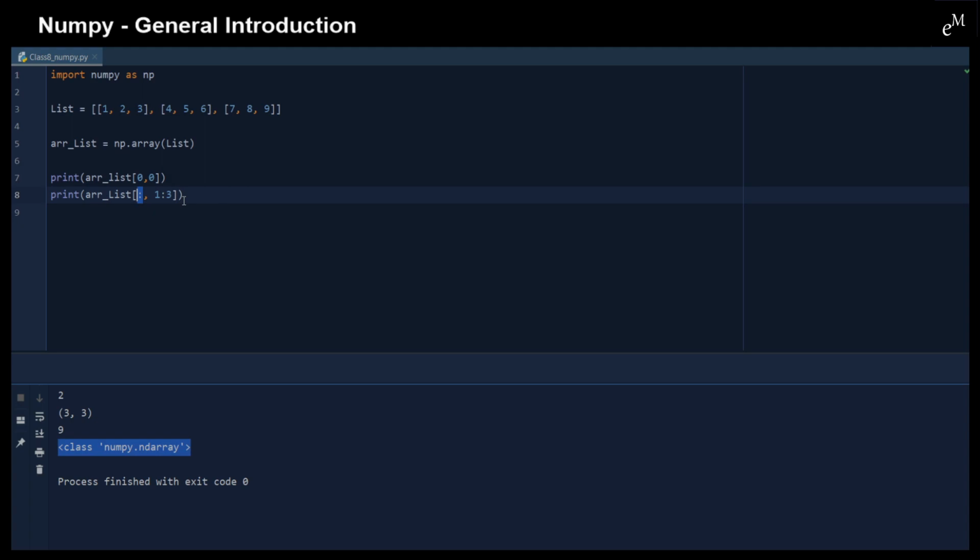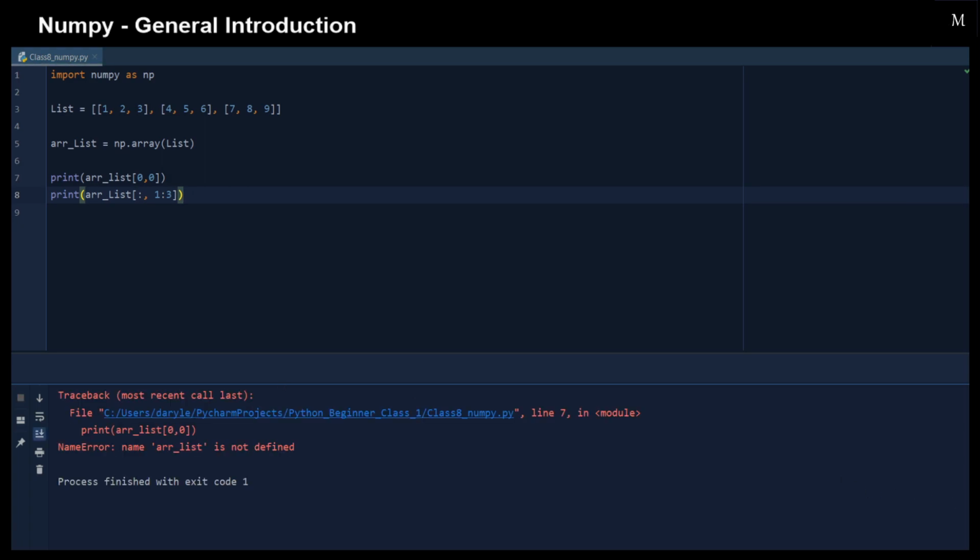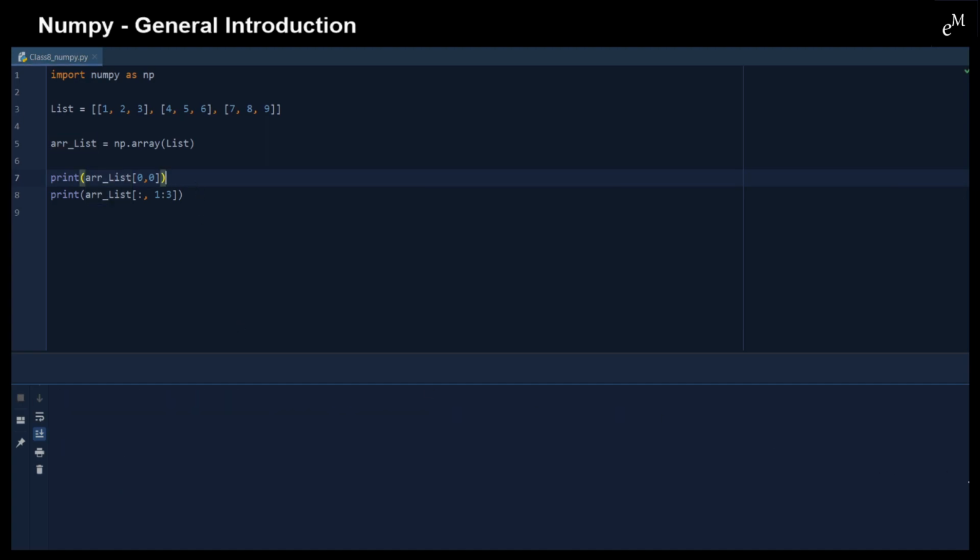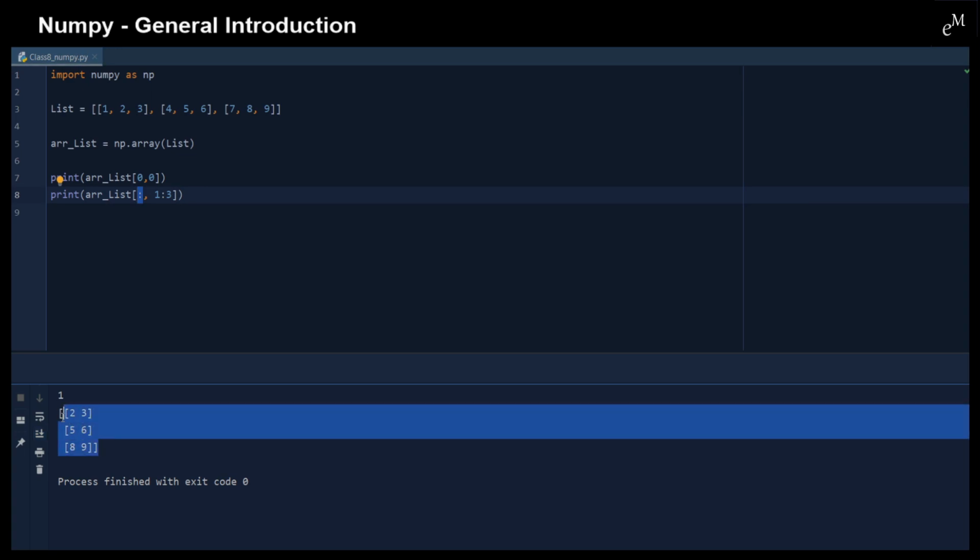Here we extract all the rows, and then the second and the third column. So, typo. The 0 returns you the 1, and then this one just gets all the rows and then the